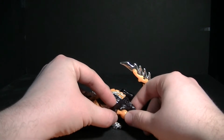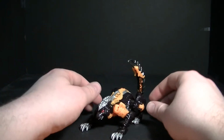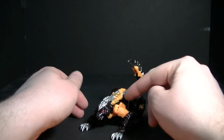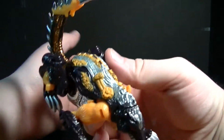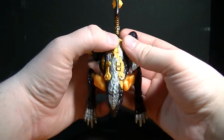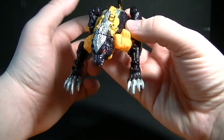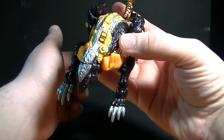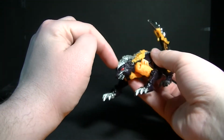That's basically it. It's a techno-organic skunk. A lot of really nice detail molded in. We've got really nice fur detail going on the whole body of it, as well as some technological inner workings coming out of the fur, which is kind of not showing up very well because the paint's chipping really bad, but I do like the silver